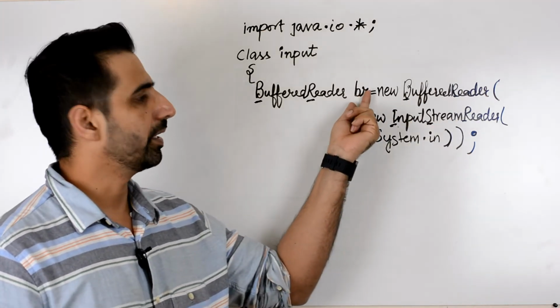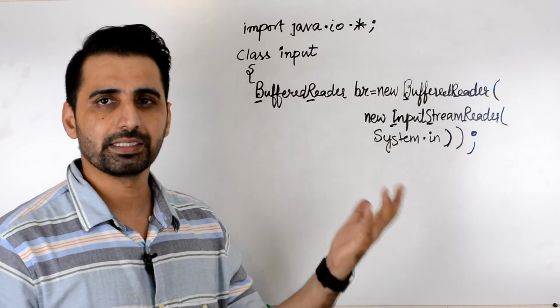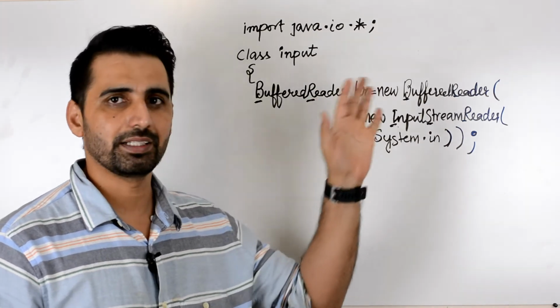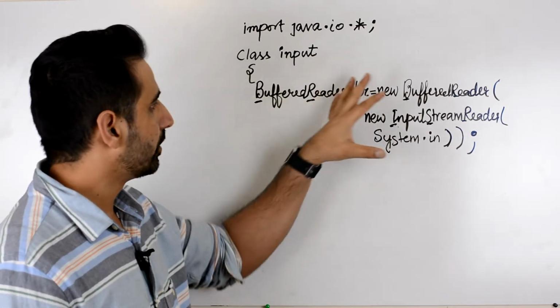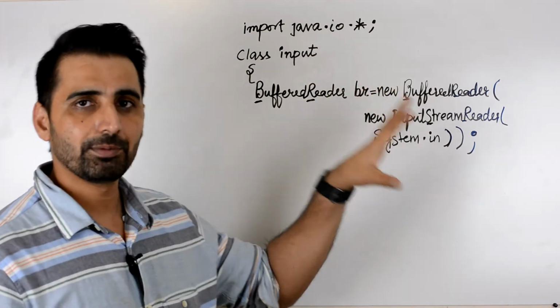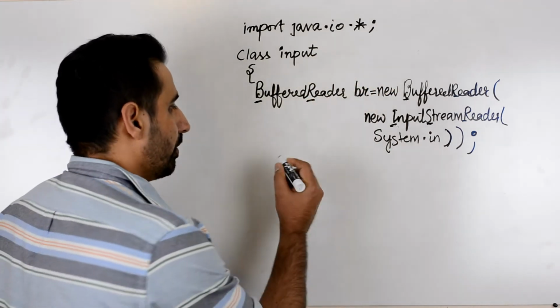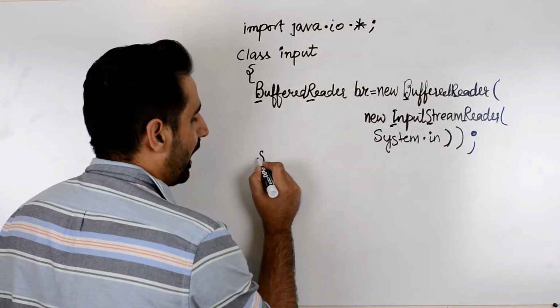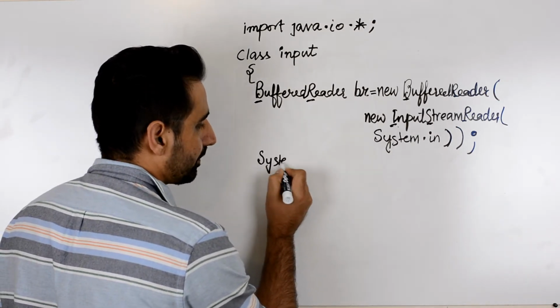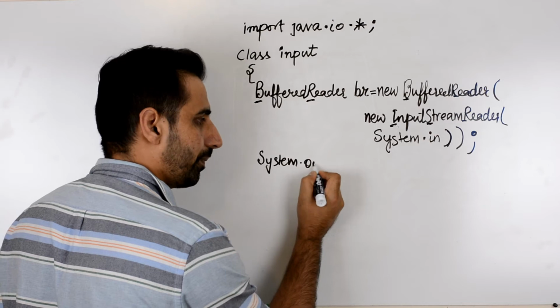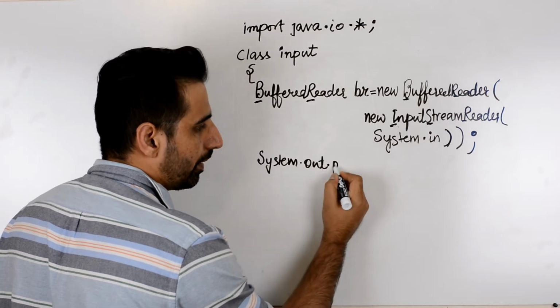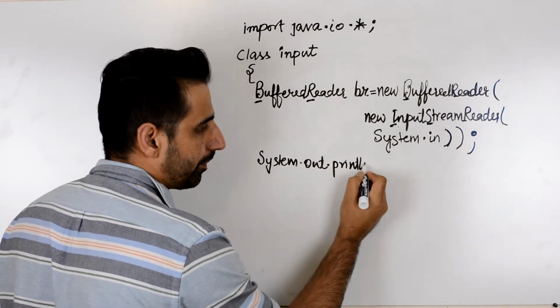BR, you can write either uppercase or lowercase, because it's a variable name, it doesn't matter how you write it. So this is the line that you have to write whenever you have to accept a value from the user. And then we have to write System.out.println